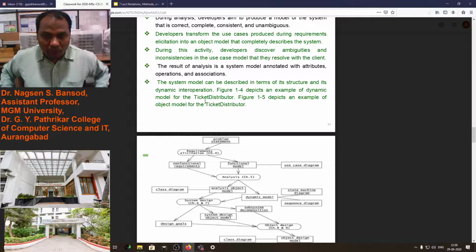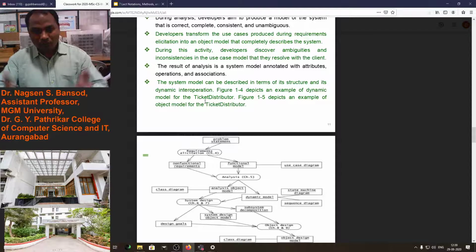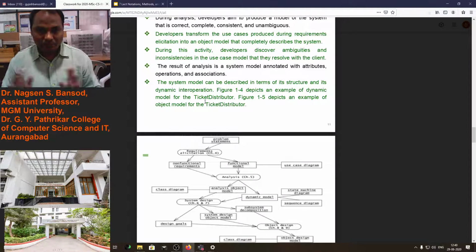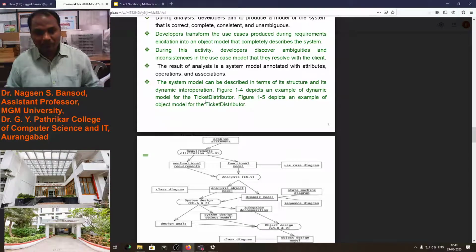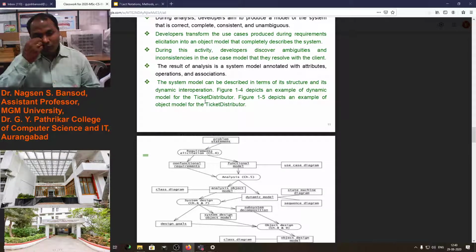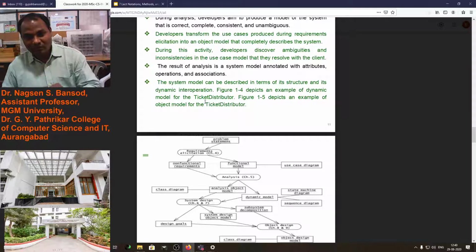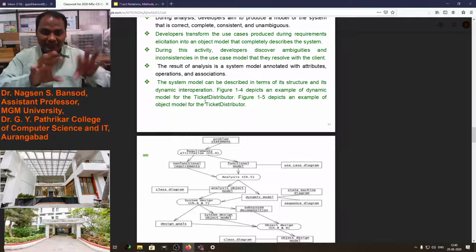Suppose you are the software engineer and you have a project. You want to acquire the information from the client. Now you have elicited the information from the client as a developer. Then the next step is that you have to tell the client again: I have developed this model, is it clear?